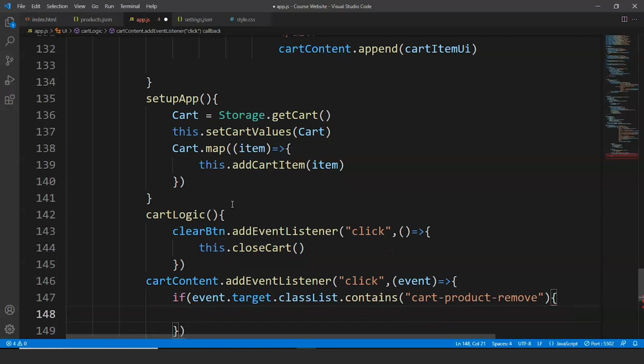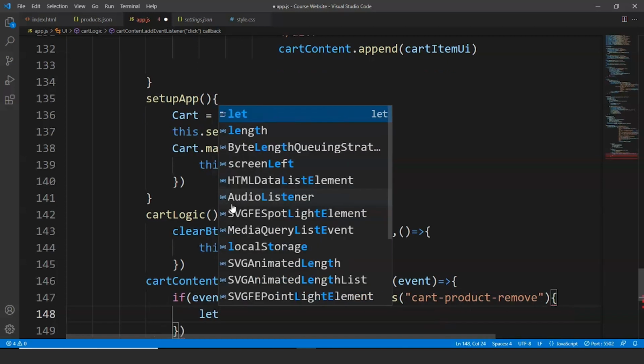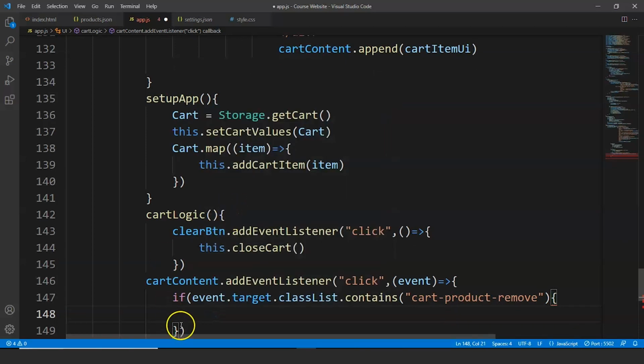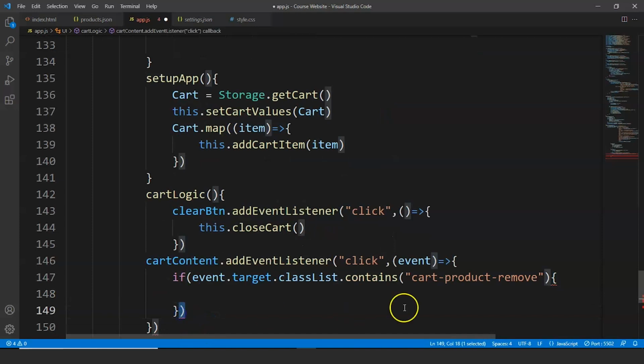Then we'll again create a variable. Let's say the variable is let. Okay, we have made a mistake over here. We have to close this bracket here, and then we have to write here